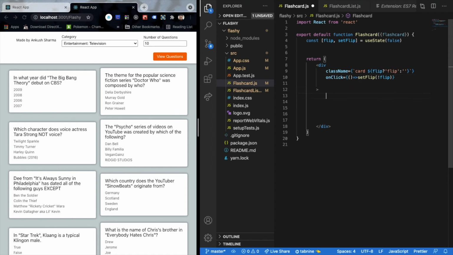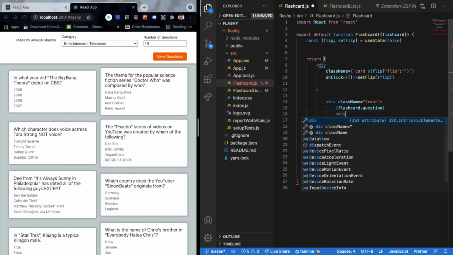Now that's done. Remember, we initialized our front and back class, so that is exactly what we are going to do over here. First we'll initialize our front, which will contain our question as well as our options. So this is our front, and I'll just close that. Within that, the first thing I want to have is my flashcard dot question. Perfect, that looks good to me.